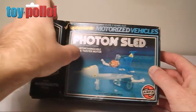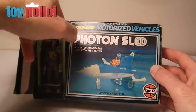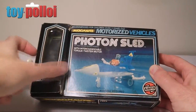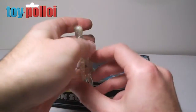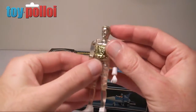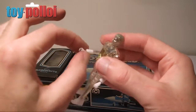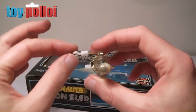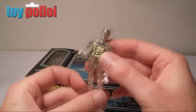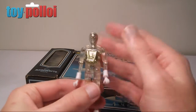First up, we can take the figure out. This figure has already been removed. I'm not breaking this box open just for this video, and this is a standard clear Micronauts time traveler figure. It's one of the more common things that you see. These figures are quite hard to get, really, because they're so delicate. As you can see, the wrists are incredibly thin, as are the plugs that the feet fit into, so they're often broken. So at the moment the figures are going for quite a premium on their own,